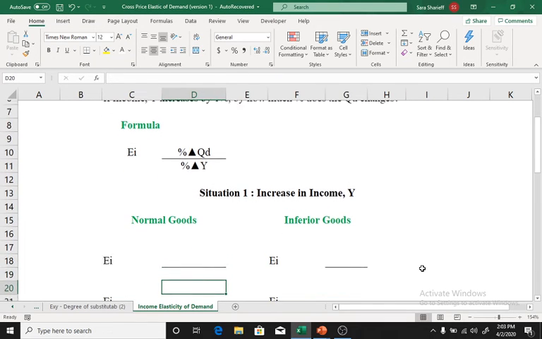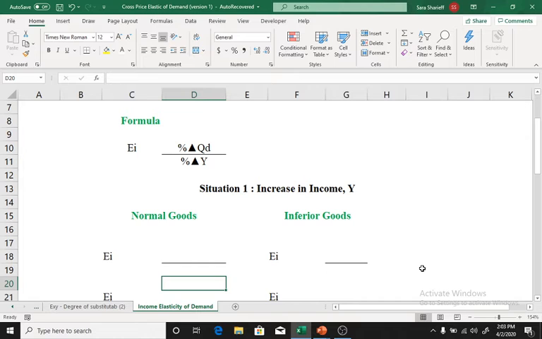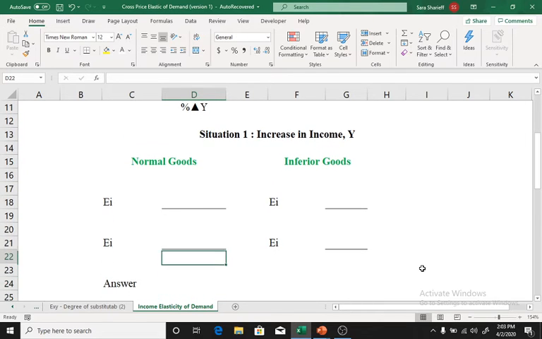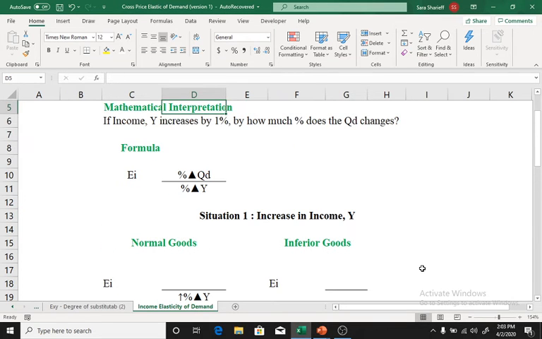Let's consider two situations. Situation number one, I am increasing income. We already know how an increase in income impacts normal goods and inferior goods. Let's revisit that concept one more time. In case of normal goods, if there is some percentage increase in income, how will that impact the quantity demanded? We know that when there is an increase in income, the demand curve shifts right in case of a normal good. The problem is there is no demand curve in this formula, there is quantity demanded. So what is happening in the numerator if income is increasing? How do we prove what is happening to the quantity demanded?